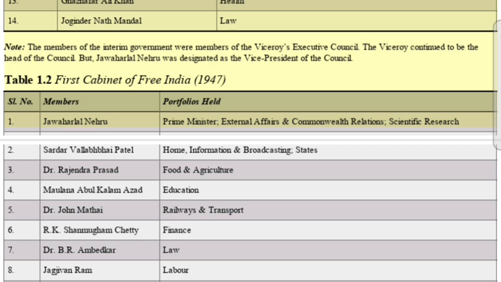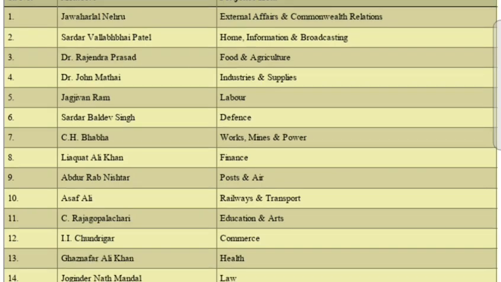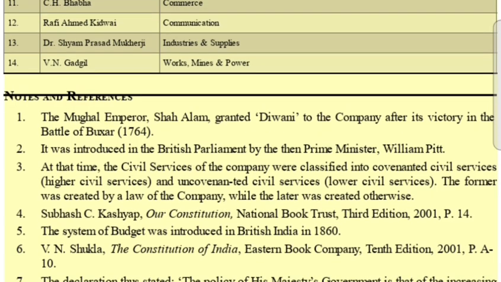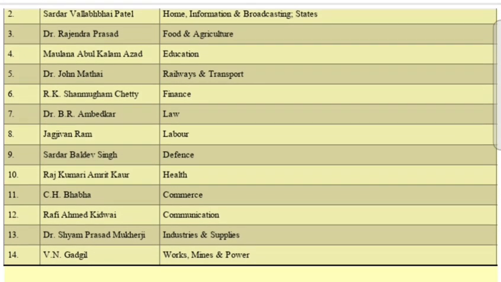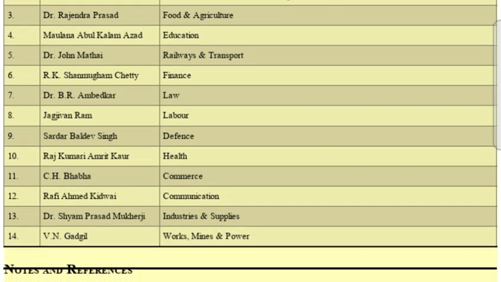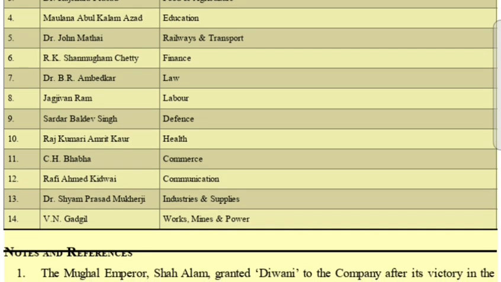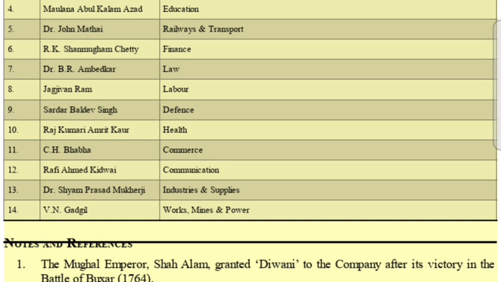Table 1.2 First Cabinet of Free India, 1947. Members and portfolios held: 1. Jawaharlal Nehru, Prime Minister, External Affairs and Commonwealth Relations, Scientific Research; 2. Sardar Vallabhbhai Patel, Home, Information and Broadcasting, States; 3. Dr. Rajendra Prasad, Food and Agriculture; 4. Maulana Abul Kalam Azad, Education; 5. Dr. John Matai, Railways and Transport; 6. R.K. Shanmukham Chetty, Finance;